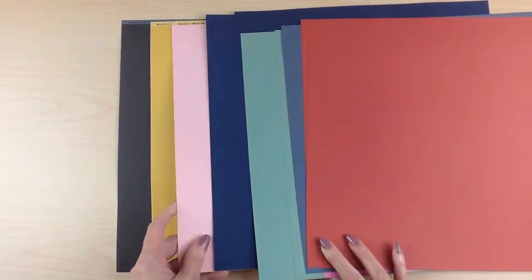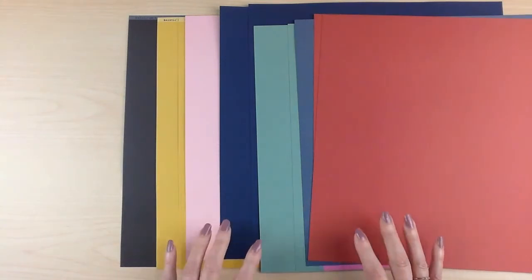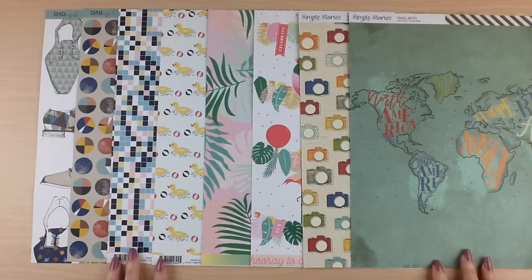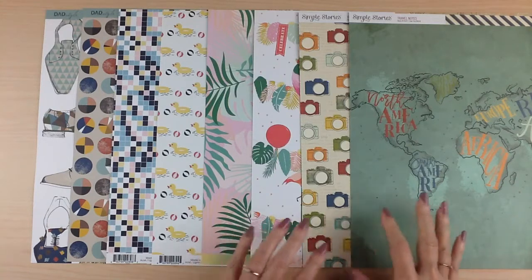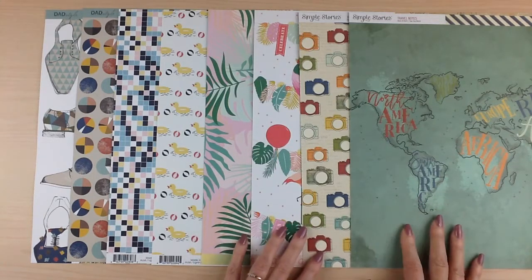So you can see that Rochelle does an awesome job of matching up the colors in the collections to give you more choices. Next, let's look at the pattern paper. So you're going to get 2 sheets of pattern paper to go along with each of the 4 collections. These are not duplicates of any that you'll receive in the Flavors of the Month, so you're getting 2 additional